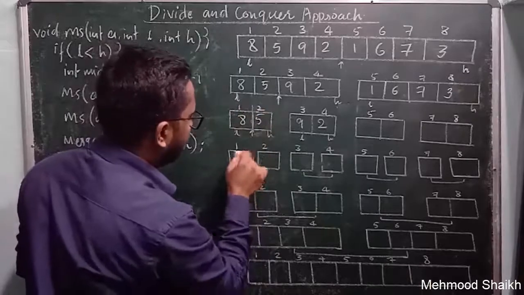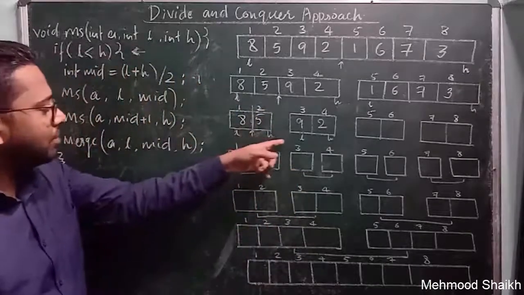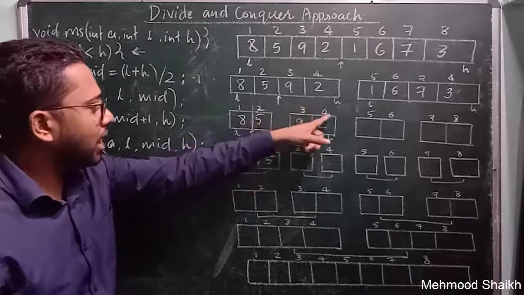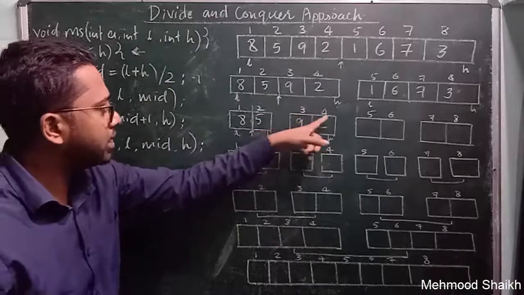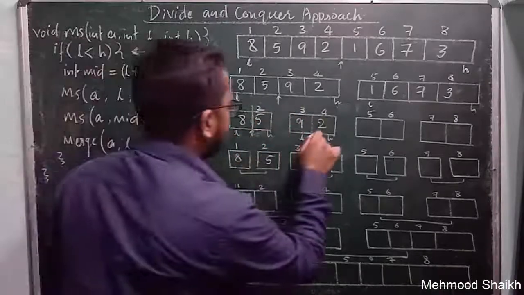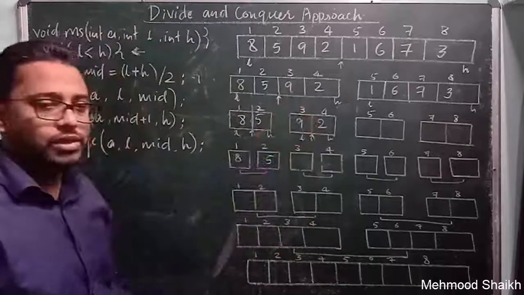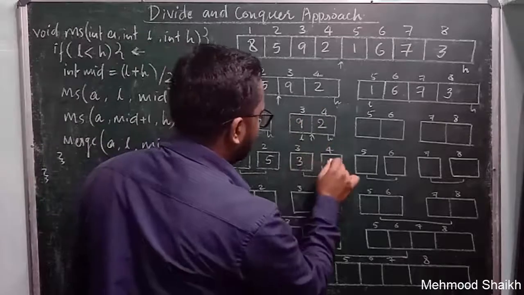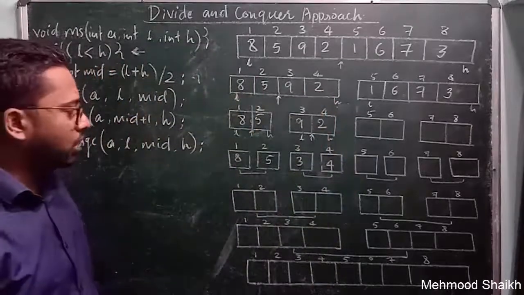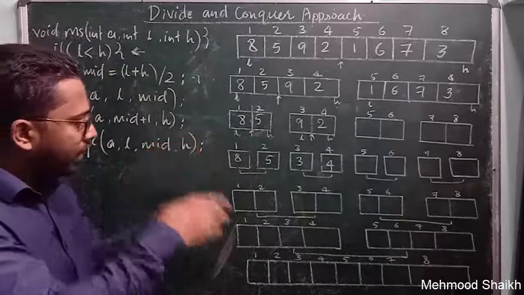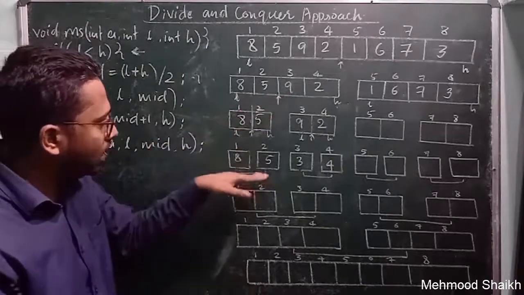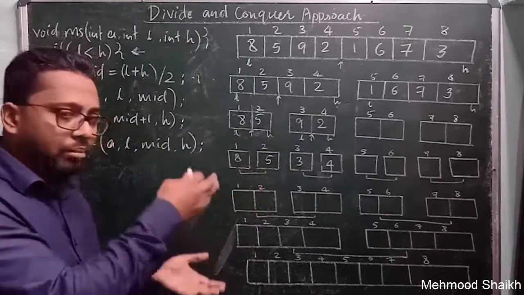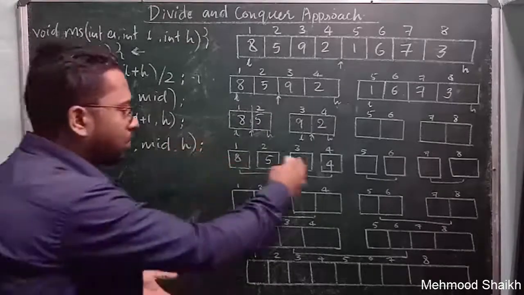Okay, 8 and 5, and we have to do the same thing for this subproblem as well by checking whether low is less than high. Yes, low is 3 and high is 4. 3 is less than 4. Again we have to divide from this place. 3 plus 4 equals 7, and when we divide 7 by 2, we get 3 as the midpoint, and we will now put these values. At this point you can see we have completely divided our subproblem 1 into the smallest subproblems, and after this point we cannot make further subproblems out of this problem.